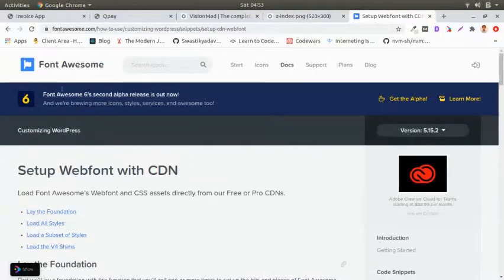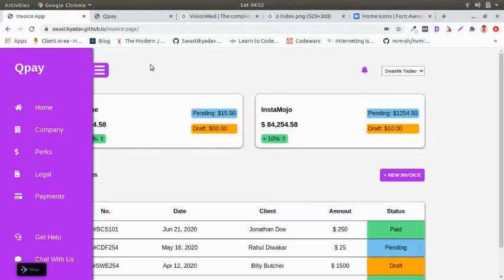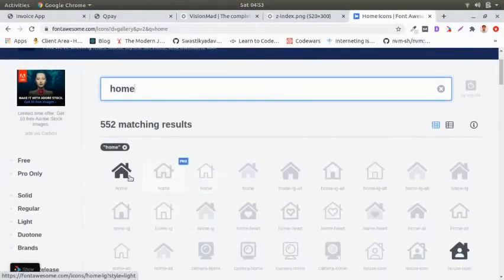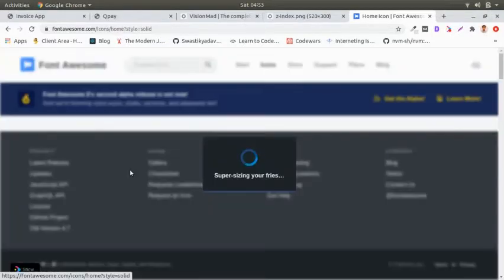So let's go to Font Awesome and search for icons. The icon that I want is home, right? Because that's what it is there, a home icon. There we have it, home. And if we check, it uses an I element, I tag, to define it.